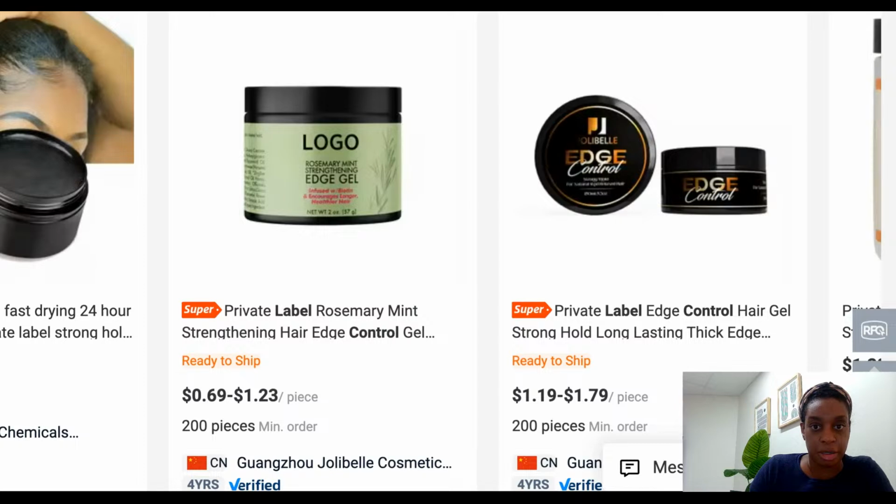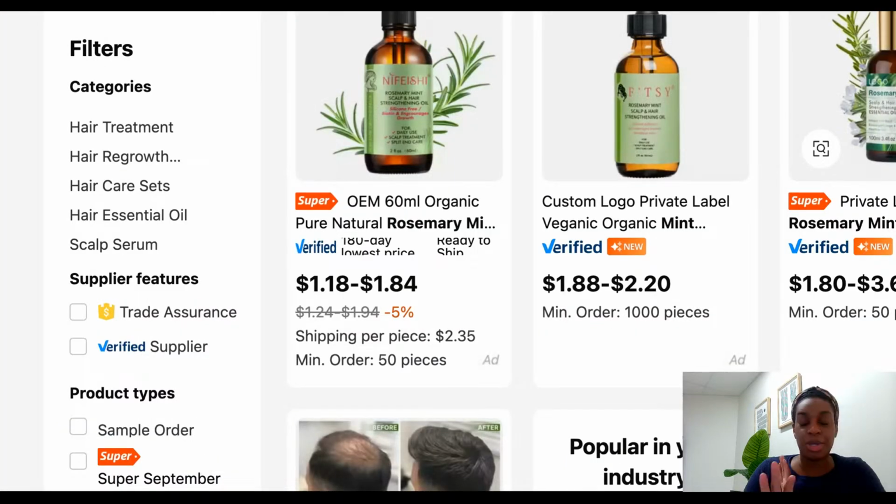So I'm simply sharing this because I want people to understand that a lot of times some of these bigger companies will simply just do product labeling. The products are already formulated, they're already made, and all you have to do is get your packaging and throw your name on it. The problem with this is you don't know, hey, oh yes, hi guys, how are you?